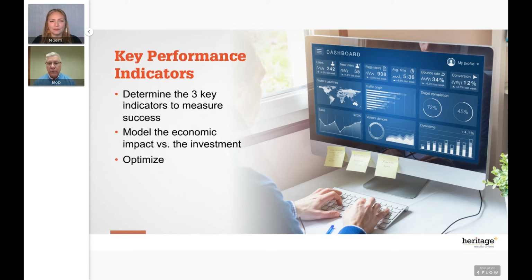So channel performance, messaging, segmented databases. Again, if you have that information and it's part of your strategy for your direct marketing campaign, then you're really going to have a lot more insights into how to create the success that you're looking for, at least with this campaign or into the future.